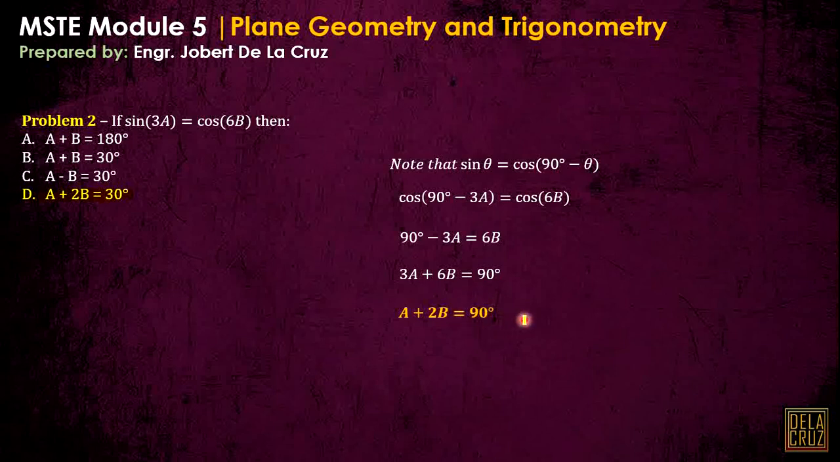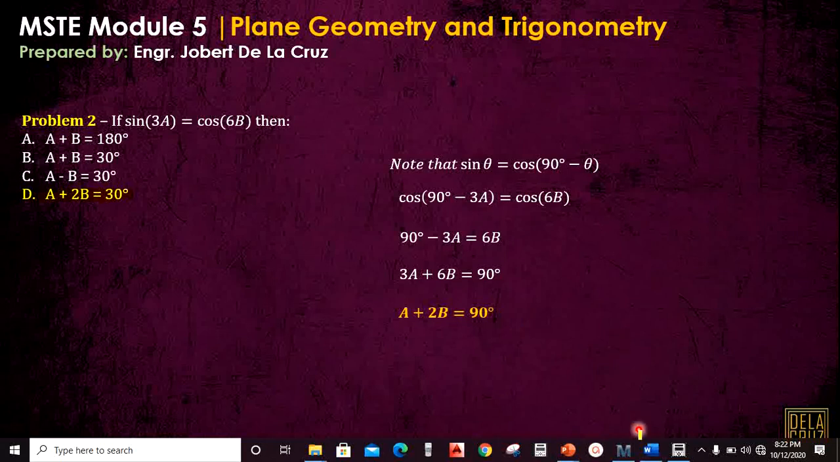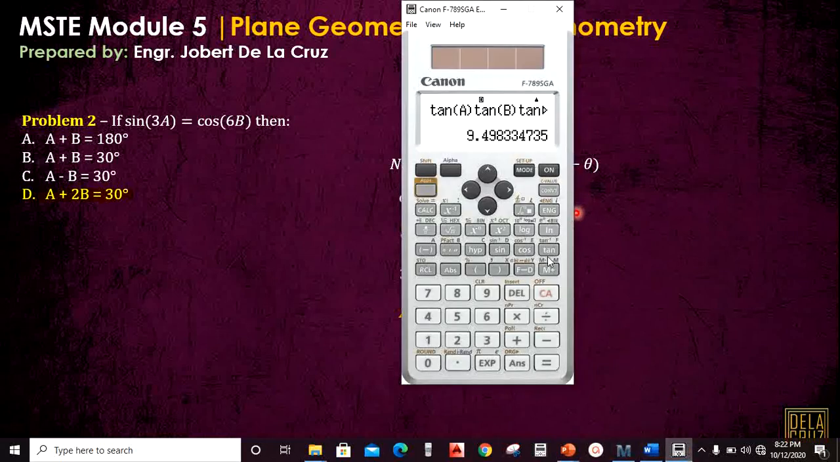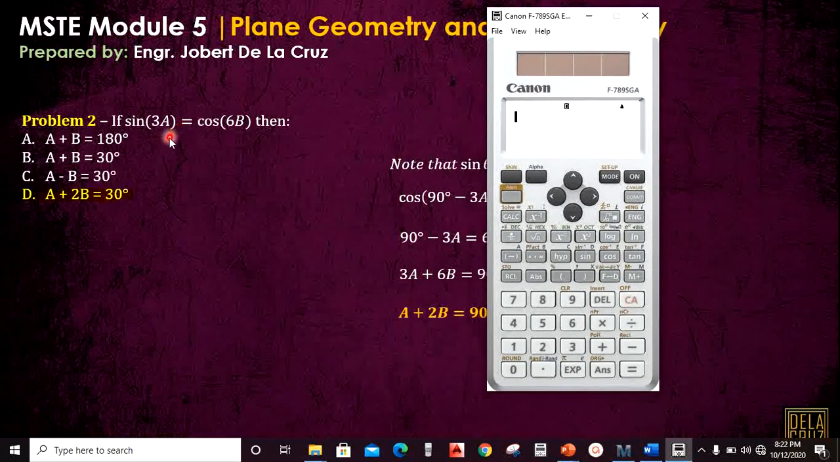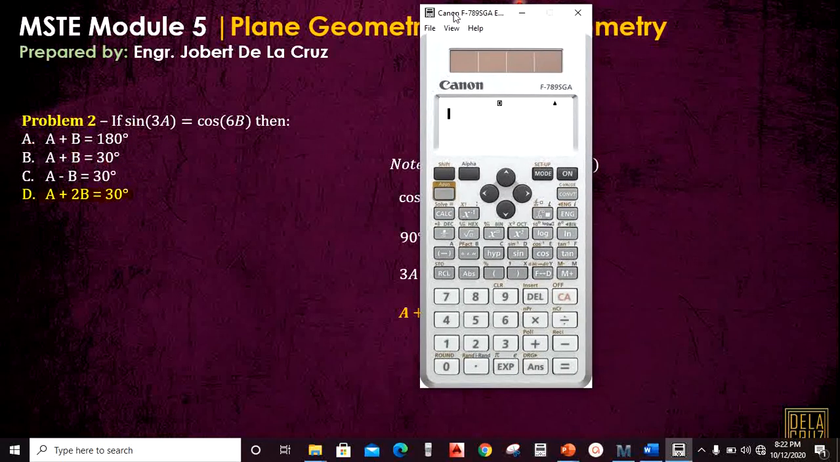Now, how can we do back solving here? Okay, so doing the back solving, again, we will assume values of A and B. Okay, but our values of A and B should correspond sa ating choices. Let's say hindi pa natin alam na letter D yung answer. Of course, we will do trial and error. So, if we will use choice A, then assuming B,